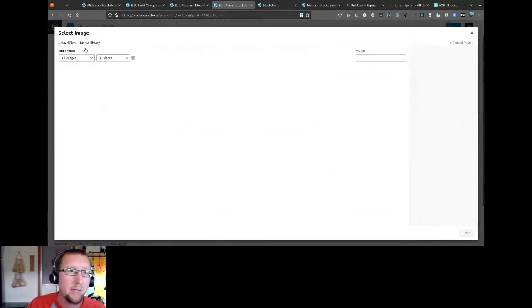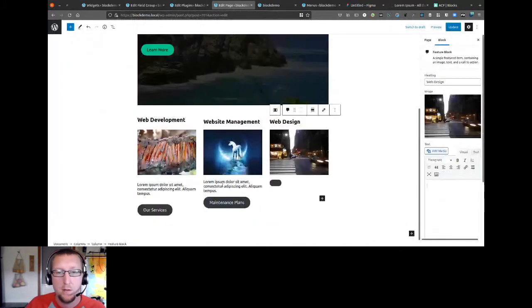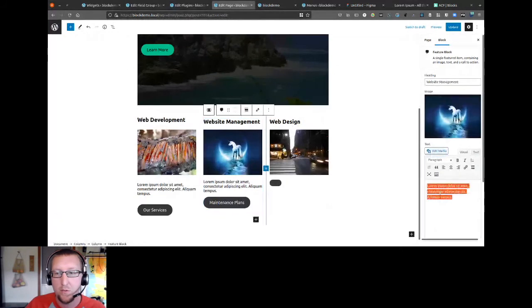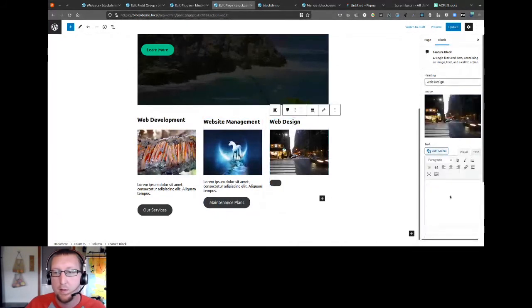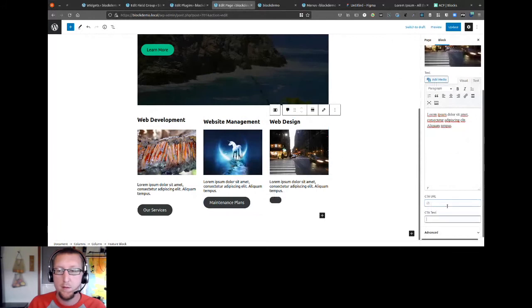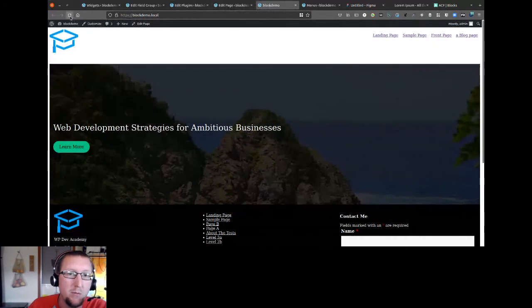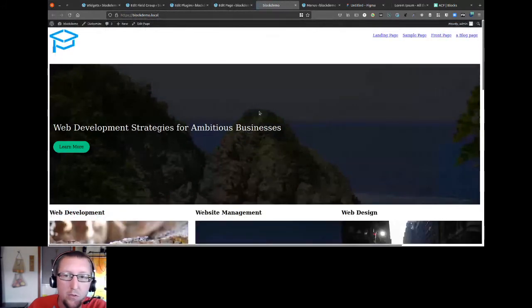We'll grab an image real quick. Add some more lorem text. Add another button, link, something like that. Okay, great. Now if we go back over to our page and we reload, you're going to see